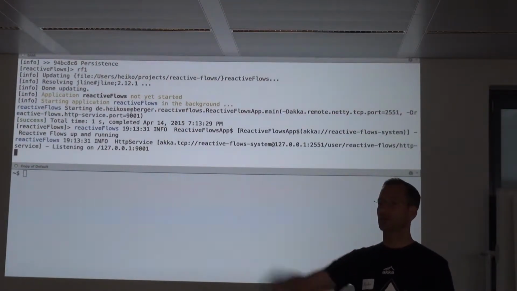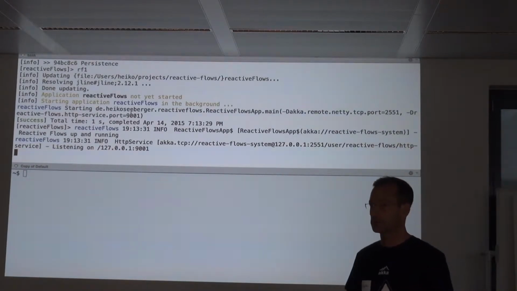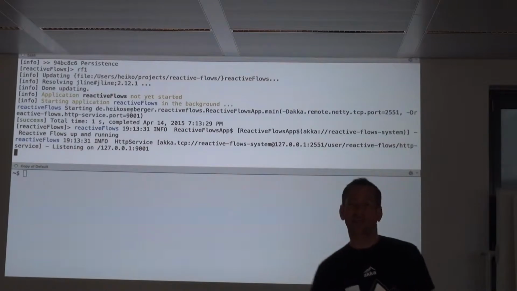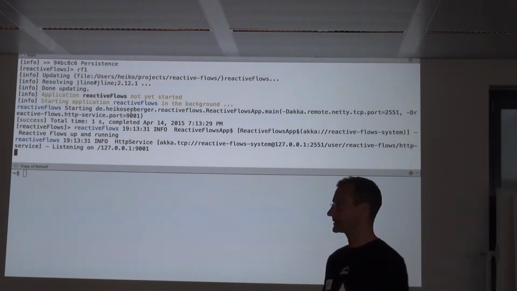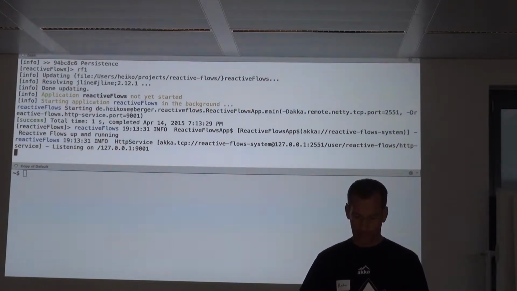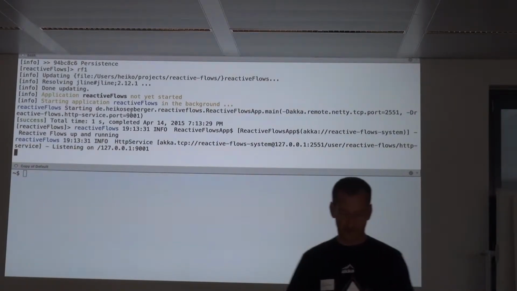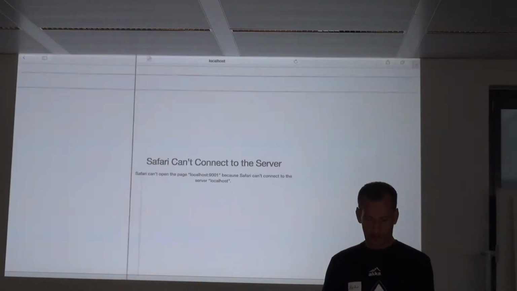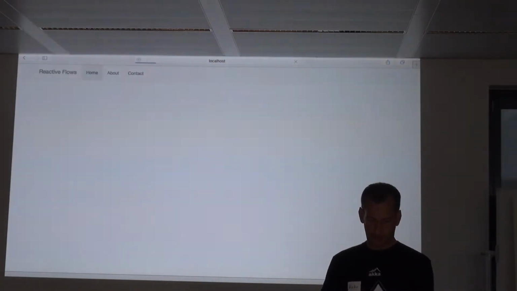Who knows SBT? Scala build tool? Okay, cool. So essentially it's like an interactive build tool where you can execute your commands or tasks. And it does a lot of nice things. So here I have started a single node, and I will just call it.